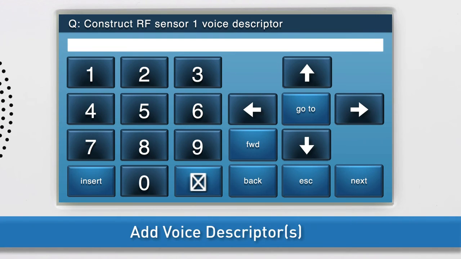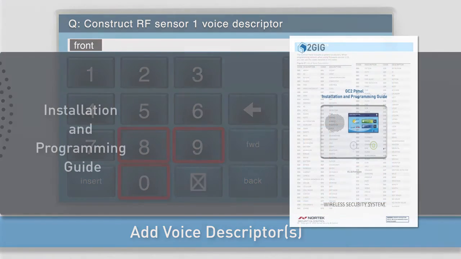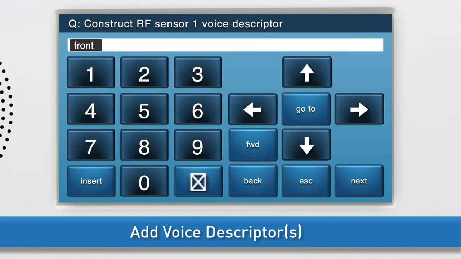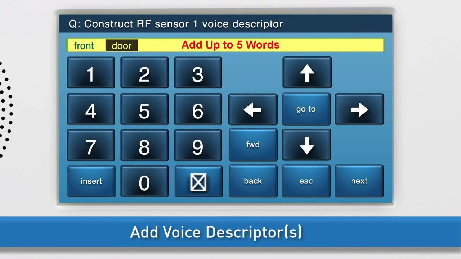Next, add the voice descriptors. Press Insert. The word abort will automatically appear in the answer box. Change the word by either using the right and left arrow buttons, or by typing the word's 3-digit code using the keyboard. For a list of all voice descriptors and their associated codes, see the Installation and Programming Guide. To add another word, press Insert again, and repeat the steps just discussed. You can add up to 5 words. Once the desired word or words displays in the answer box, press the down arrow to go to the next